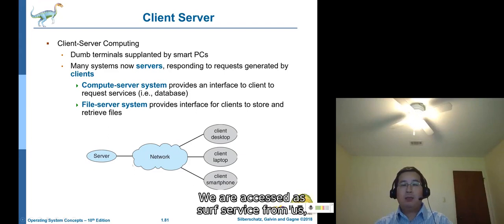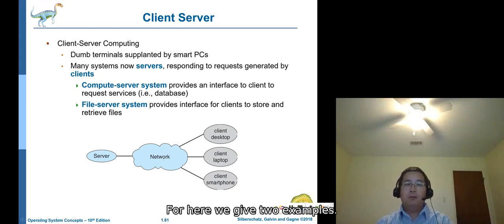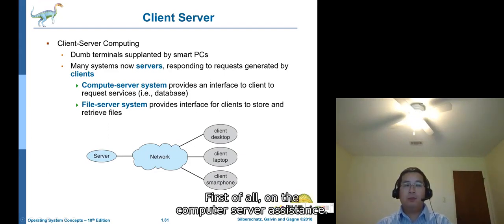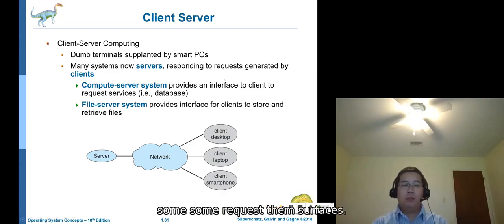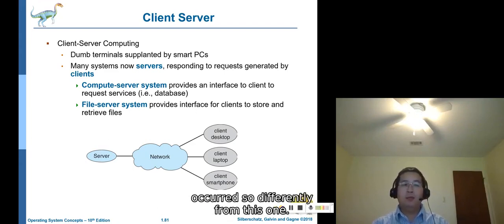We access the service from a server via a network. Here we give two examples. The first one is compute server systems. This one is for some services. That means we want to request some services, not only just save data. Okay? So different from this one.